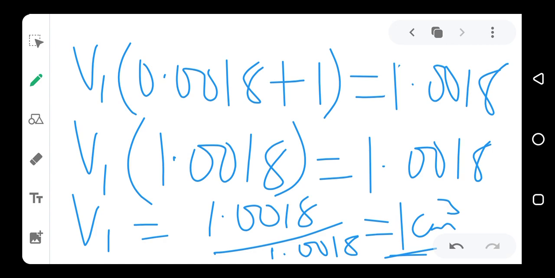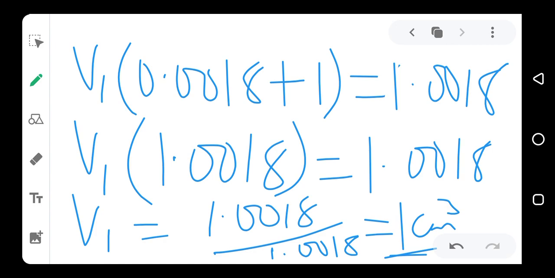So you've seen how we calculated the cubic expansivity from the area expansivity, and now used the cubic expansivity we have calculated to get the original volume of the ball. So this is just a simple question that combined two concepts, and it now looks difficult, but it is not difficult at all.